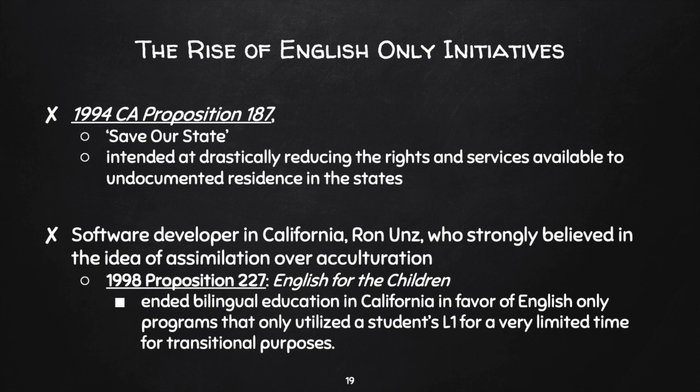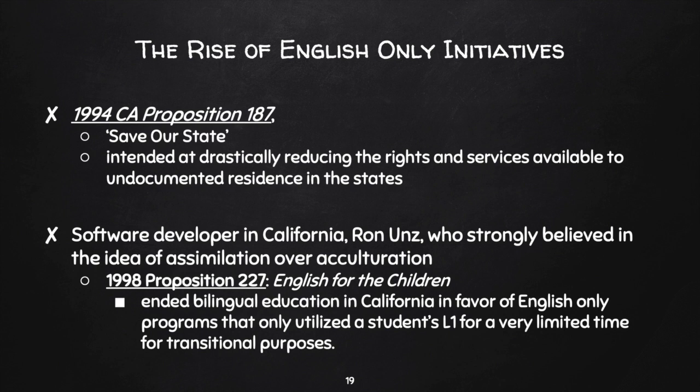So in 1994, we saw the reauthorization of the Elementary and Secondary Education Act, the last reauthorization of this act by the Clinton administration. Within that reauthorization, there was a lot of support for dual language education and bilingual education. But when you have a lot of progressive policies like this, you start to see a backlash from states, because sometimes states who don't necessarily support these federal initiatives start to ask, okay, what can we do to work against that? And in this case, it started to be a backlash against immigrant populations and bilingual students.